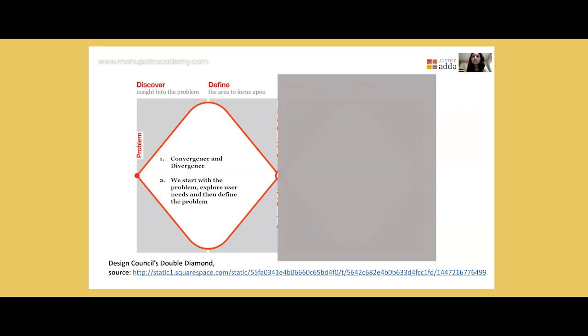You may start with one simple problem and say, let's say, how do we make the terms and conditions on a particular website easier for people to understand? Then you try and diverge as much as possible to consider the problem space and understand what are the different things that people go through? What are the different aspects of this problem? How does it affect people in different ways? Why is user behavior currently a certain way? And then based on all of that information and research, you come down to defining one particular part of that problem set that you would like to solve for.